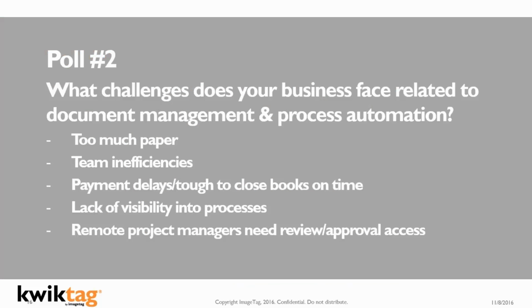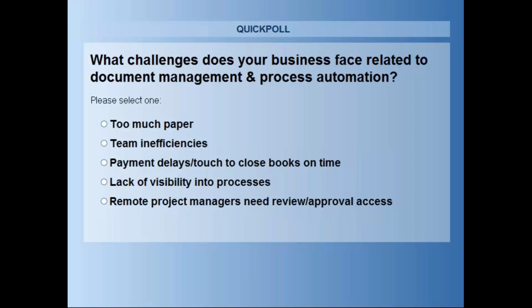And so now, before we jump into the demo that Sean's going to share with us, Kayla, if we could pull up the next poll, we just want to get a quick pulse. Again, for those of you who looked away from your computer potentially for a second, this is another part of the audience participation. So if you could direct your attention back to your screen and just take a second and think about what challenges your business faces as it relates to document management. What makes you think that this is an important time or an important project that you need to take on as a priority? The options here are